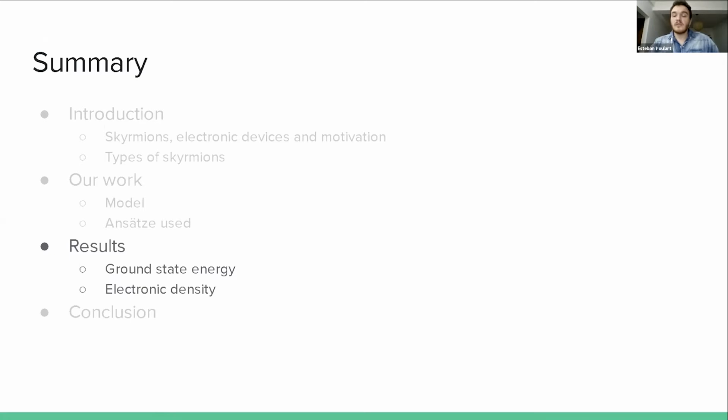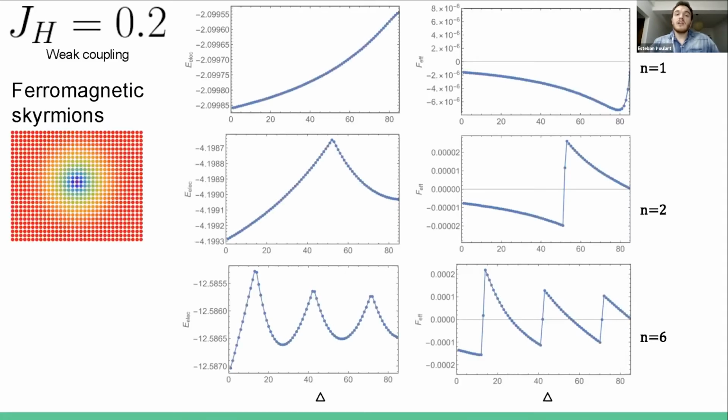I'm going to present our results now. Here on the left, I show a plot of the electronic ground state energy, and on the right, the effective force as a function of the distance delta in the